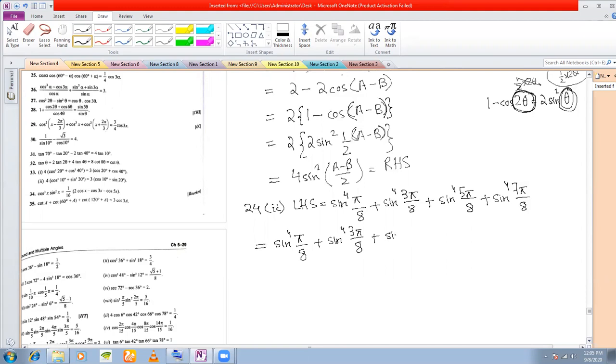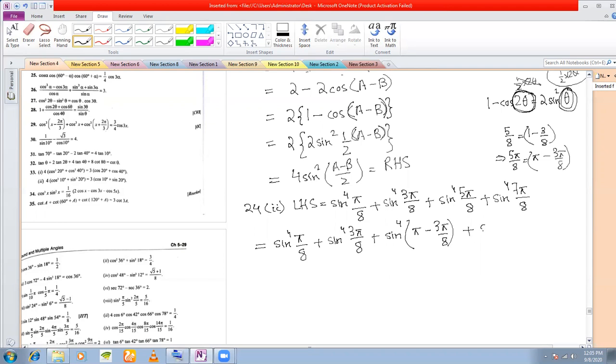So what you do here is you try to write 5 pi by 8 in terms of 3 pi by 8. How can you write? You can write this as pi minus 3 pi by 8. See, check 5 pi by 8. Can you write this as 3 by 8? Because you see that this fraction 5 by 8 can be written as 1 minus 3 by 8. I can write this or not? Yes, sir. So therefore 5 pi by 8 can be written as pi minus 3 pi by 8. Okay, this you will have to bear in mind.